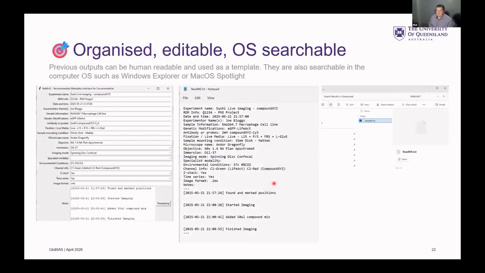A couple of things that I learned: we could make it work both ways so that you could load up a template file, because as I said, researchers are lazy. They tend to do the same thing over and over. So that was nice. Getting people to use it, I found that because it was searchable by the operating system,